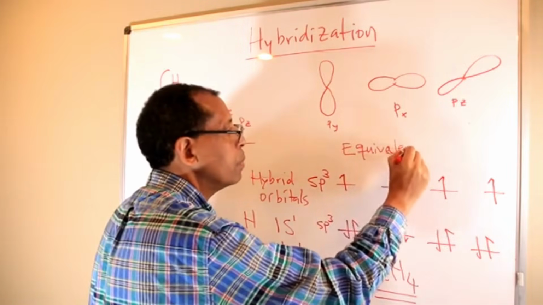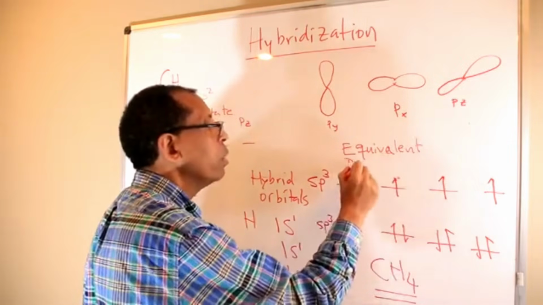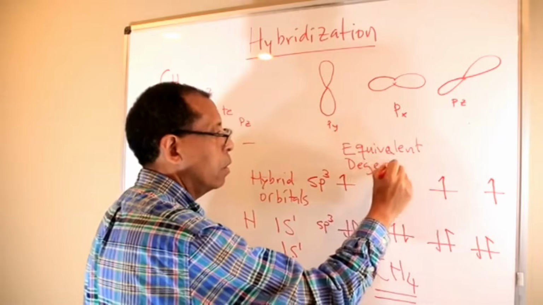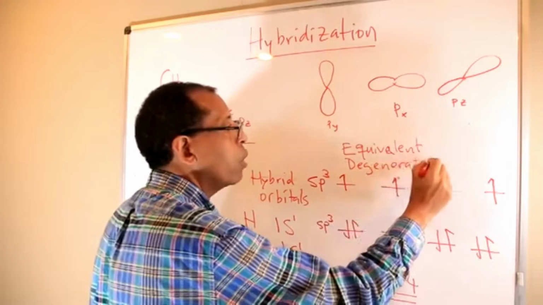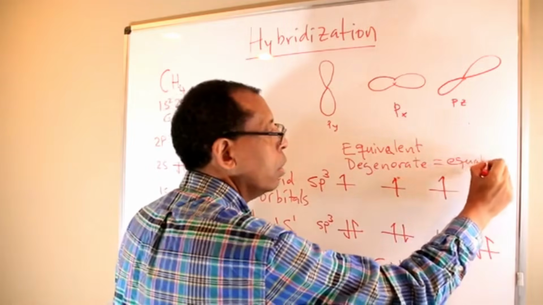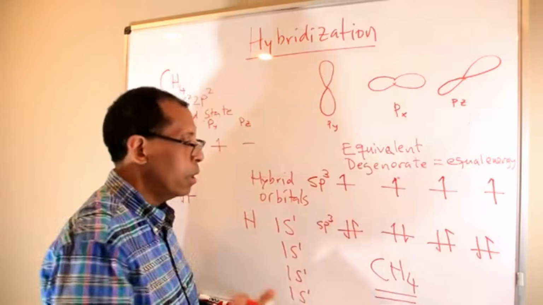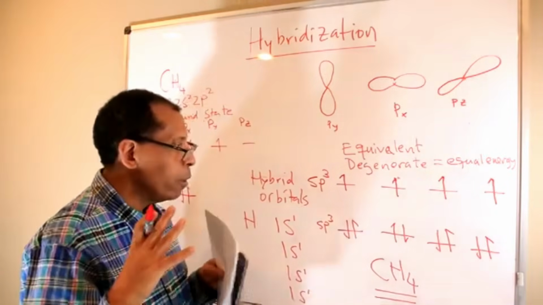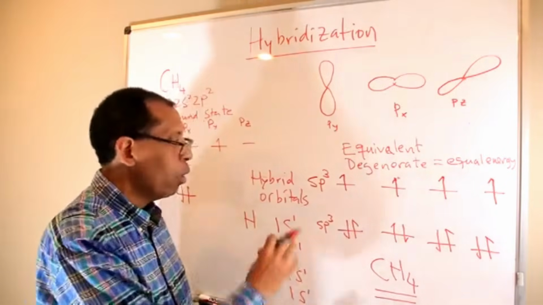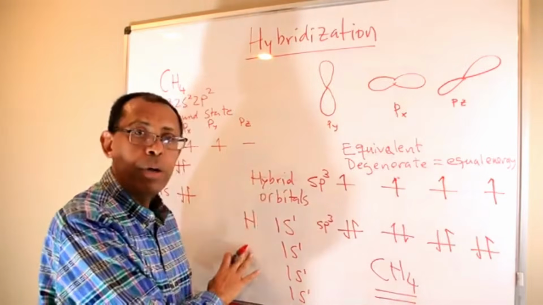Equivalent orbitals, and they are also called degenerate. Degenerate means of equal energy. Equal energy. So now, since they are all equal energies, they have equal probability for making or accepting 4 electrons from hydrogen